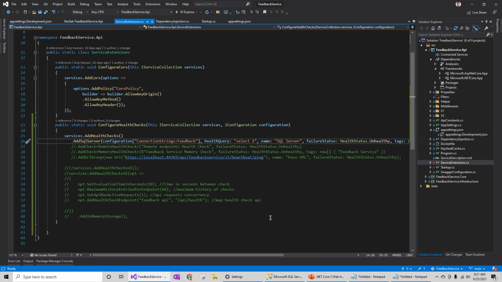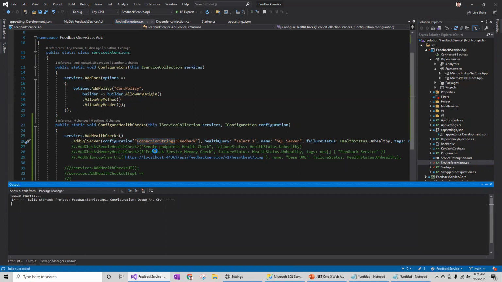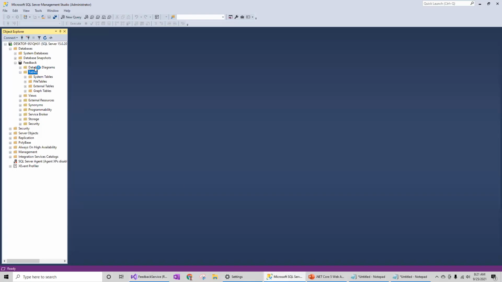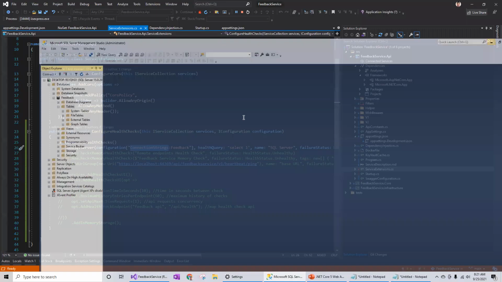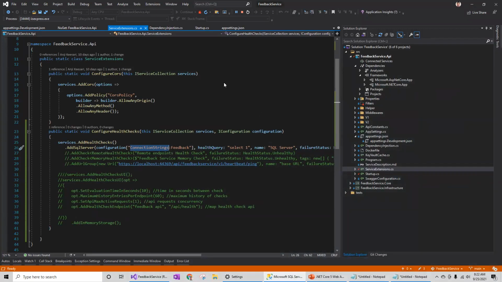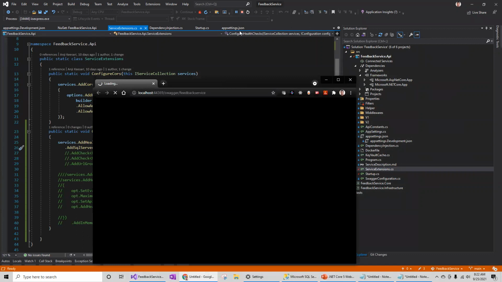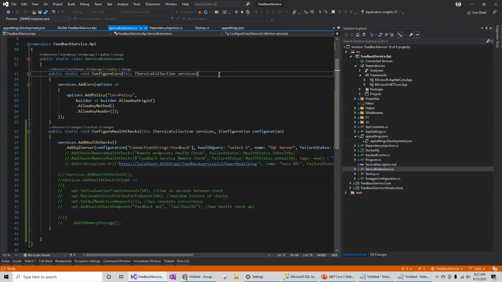So I should be getting that connection string and make sure that it should be happy with the connection string. So let's run and see if I can see the SQL server. Since I already have the SQL database, it should connect and say is healthy. Since again the Key Vault is taking time, I'm going to toggle off the Key Vault connection, and when I'm running locally, I should be using the bypass true so that every time I will not be spending a lot of time.